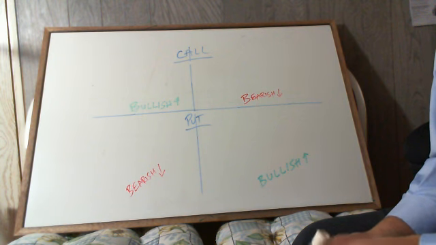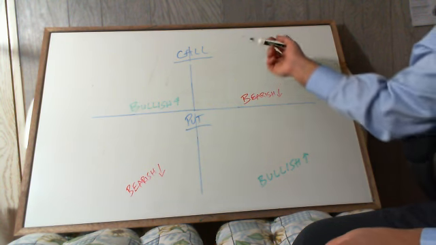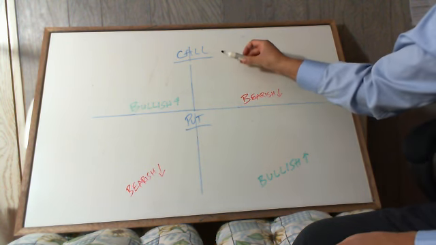Calls and puts are basically investment types. They're called derivatives, where you do not invest directly in the asset, but there is an underlying asset which you will be investing in. In most cases, this is usually a stock. So you are expecting the stock to either go up in value or to go down in value, and you will hopefully profit from that contract. A call and a put are both contracts between a buyer and a seller.